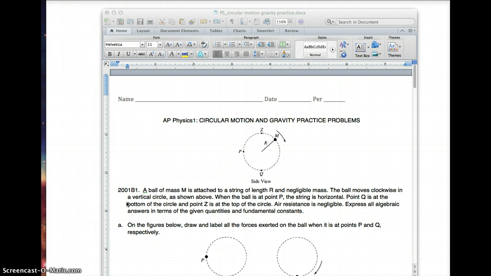I'll be reading the questions and going over the kind of thinking that will lead you to the problem-solving strategy and ultimately the correct answer. Starting with this one,